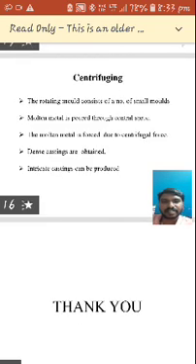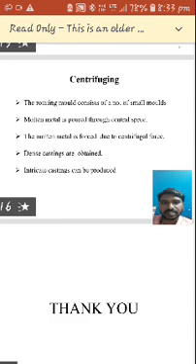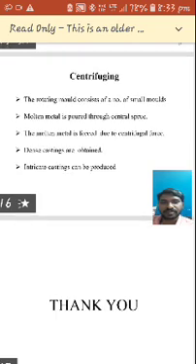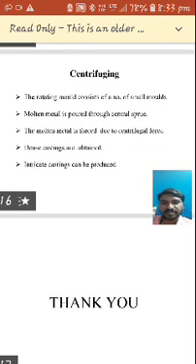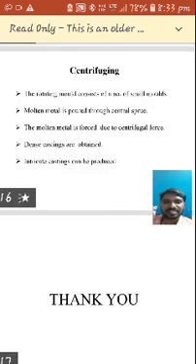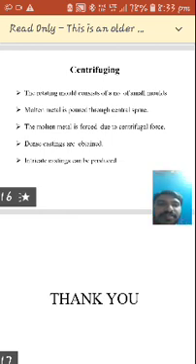Dense castings are obtained. Intricate castings can be produced. By using centrifuging we can get intricate castings. See here, the rotating mold consists of a number of small molds, and we attach one central sprue, from which you can pour the molten metal. If you pour into the rotating mold, that gives some centrifugal force, so with this we can get intricate castings. Intricate means irregular castings; some irregular shaped objects can also be obtained by using this